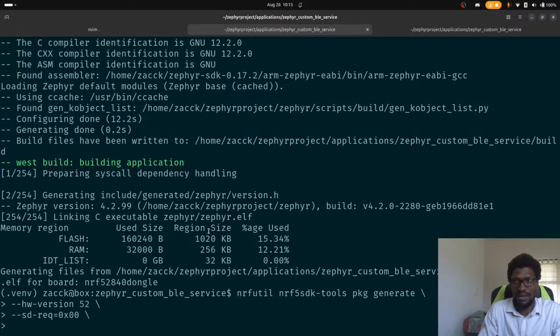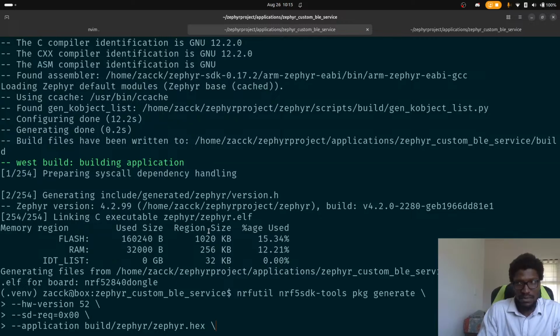Okay, and then after that we're going to tell it the application is in build Zephyr dot hex,